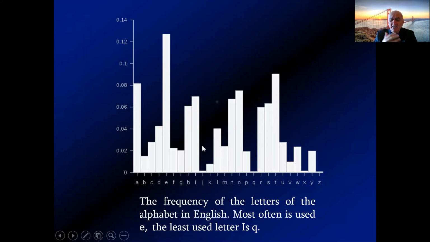It means that in any language, when we have a large enough text,